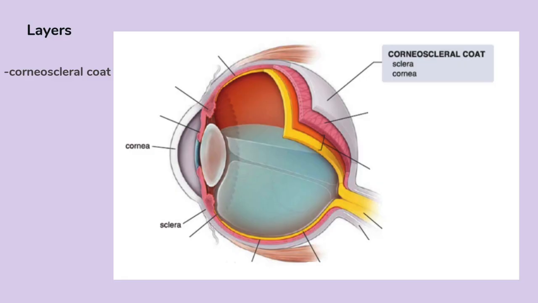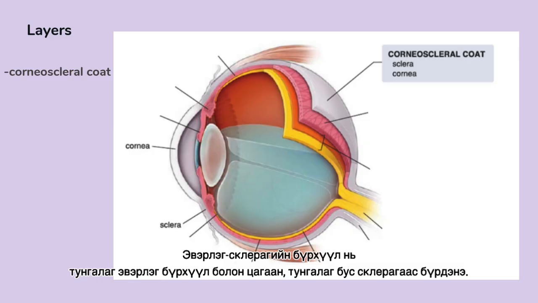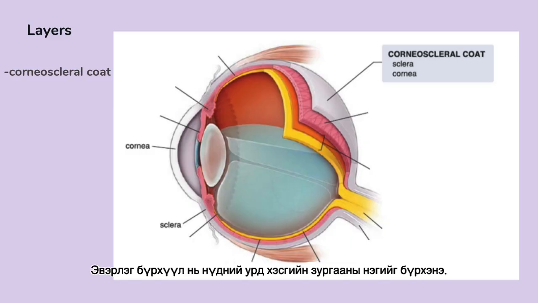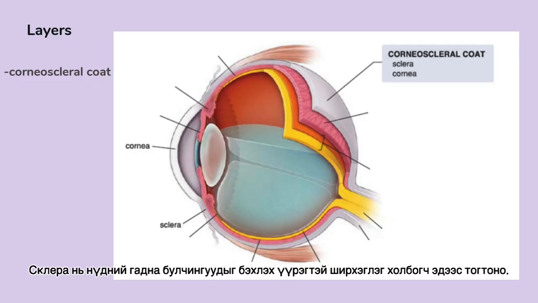Now let's move on to the specific information for the corneoscleral coat. The corneoscleral coat consists of the transparent cornea and the white opaque sclera. The cornea covers the anterior 1/6 of the eye, and in this window-like region, the surface of the eye has a prominence or convexity. The cornea is continuous with the sclera, and the sclera is composed of dense fibrous connective